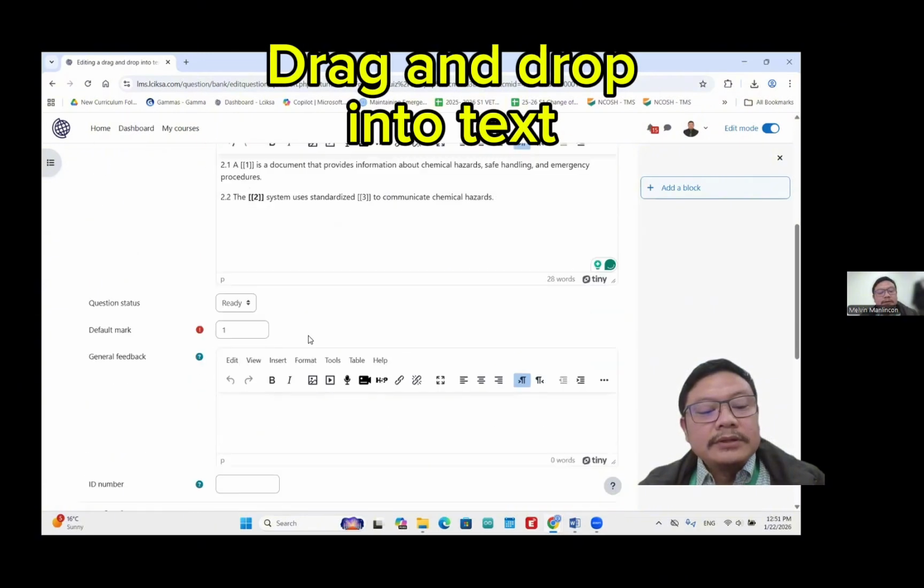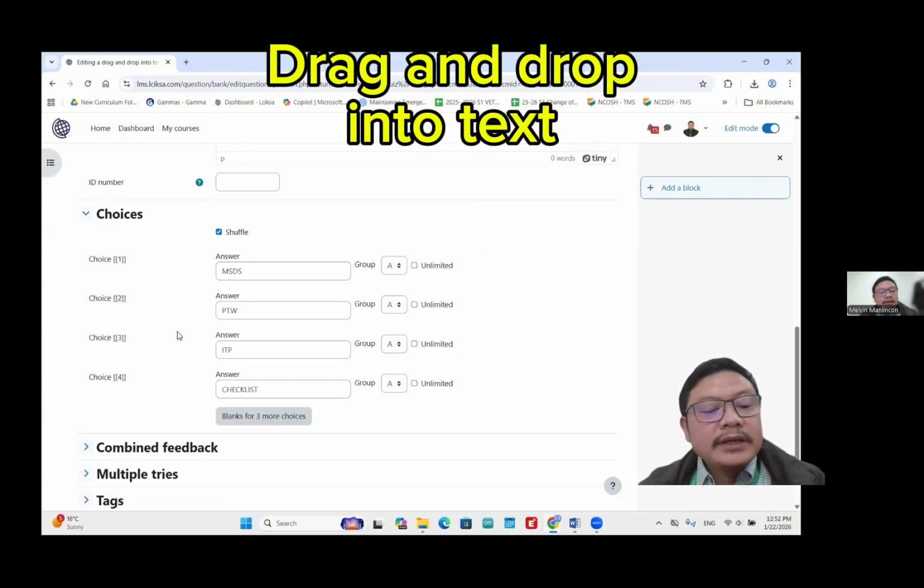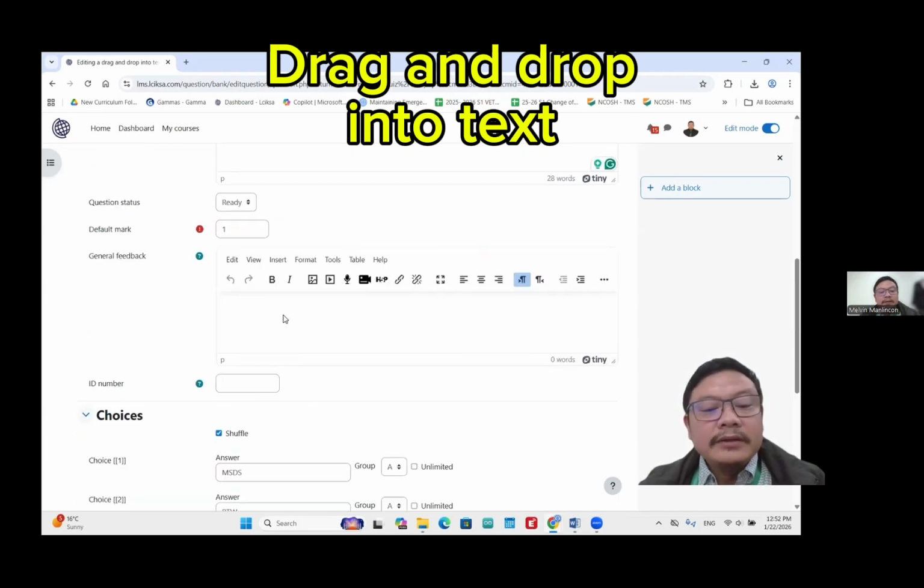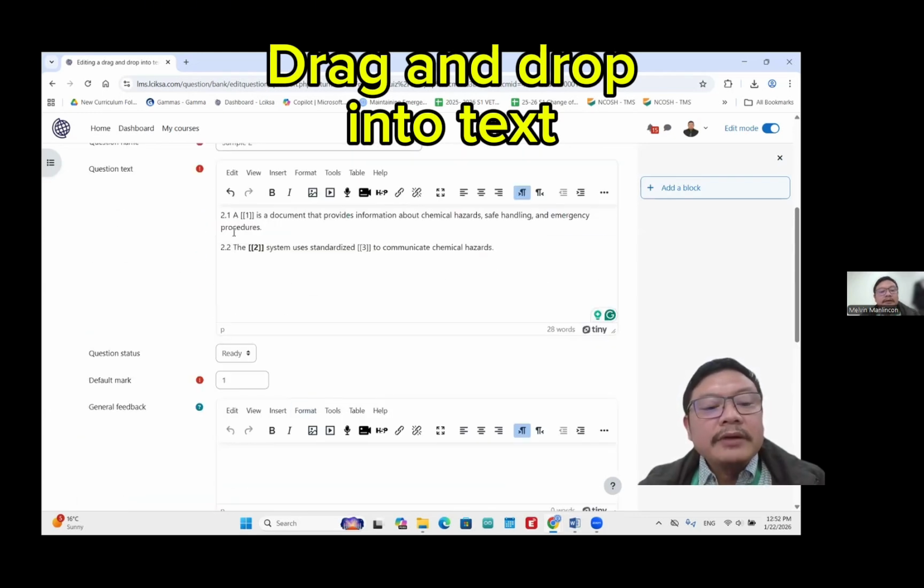Our previous choices, number 2, number 3, and number 4, were the wrong answers for question number 1, and this time we add question 2.2, which requires two answers, number 2 and number 3.